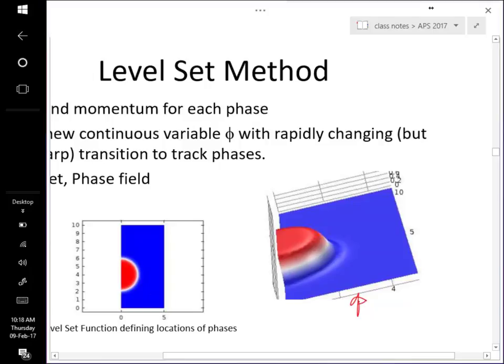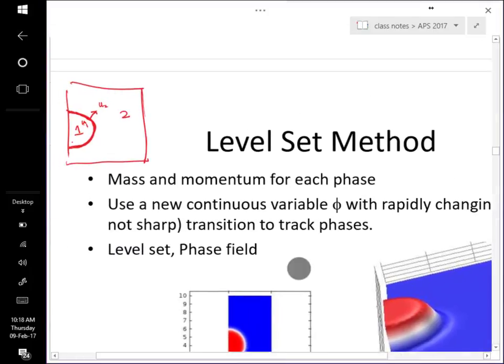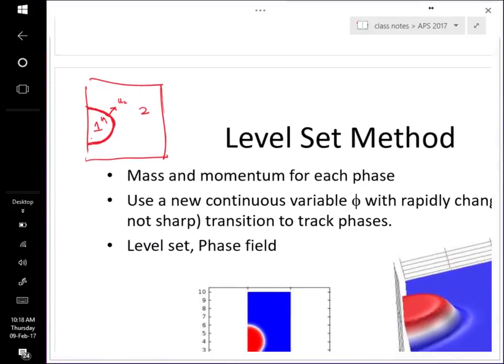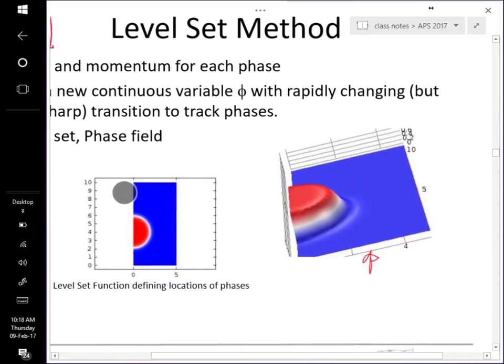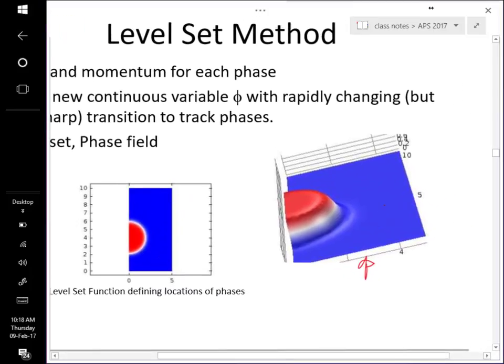So phi varies from 0 to 1, and when it equals 1, that corresponds to the location of fluid 1, and when it equals 0, that's the location of fluid 2, and right here,